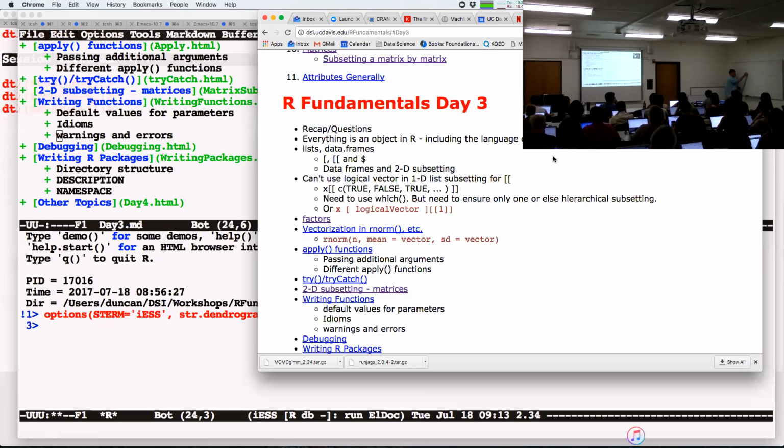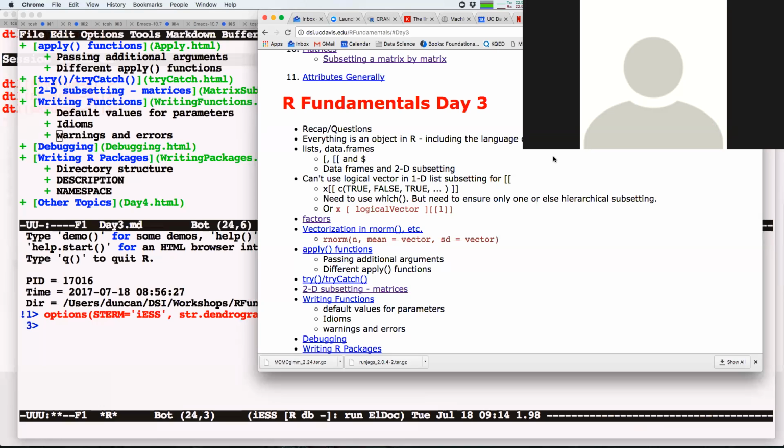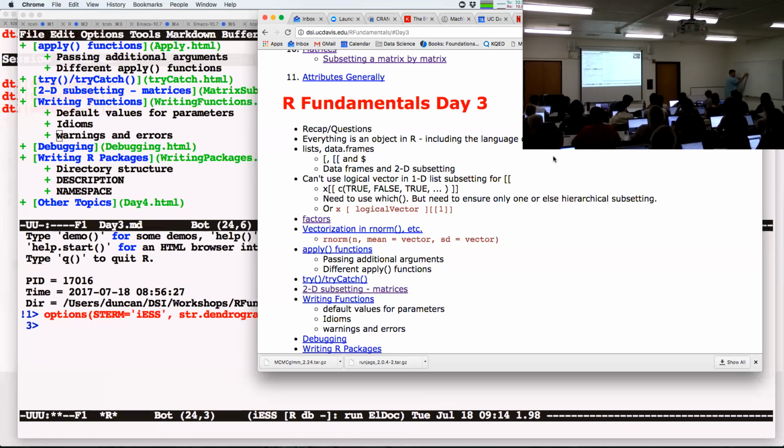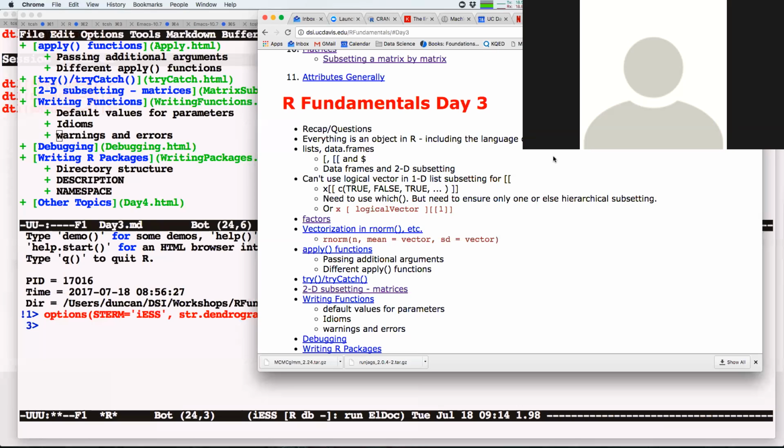So if we're doing some operation, the implicit rule, unless it's not in effect, but it's in effect 99% of the time, is that we make the smaller one the same length as the bigger one, which means we repeat. We literally do the equivalent of repeating the small one so that its length is equal to the length of the big one. And that's great.